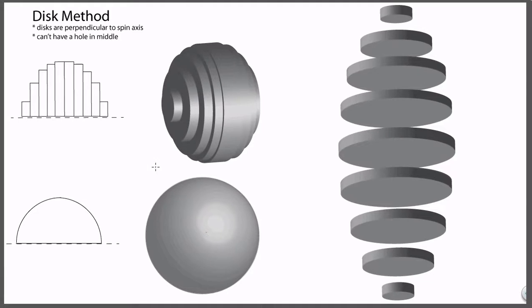So, disk method. The idea is that if we don't know how to find the volume of a sphere, because no one ever told us that formula, the whole idea of calculus and doing these definite integrals and Riemann sums is that we're going to estimate the volume of something by breaking it up into pieces we know what they look like. So when we found the area of a region, let's say the little region between a parabola and whatever this is,